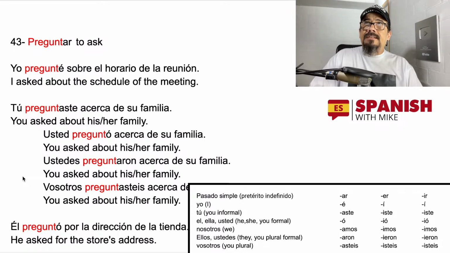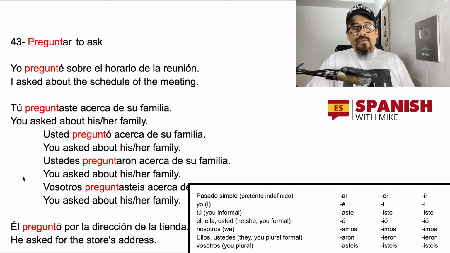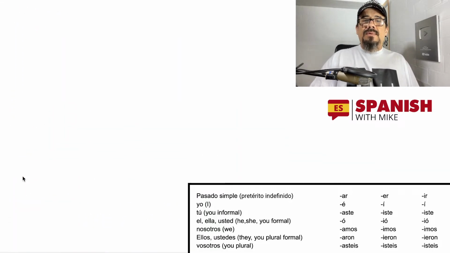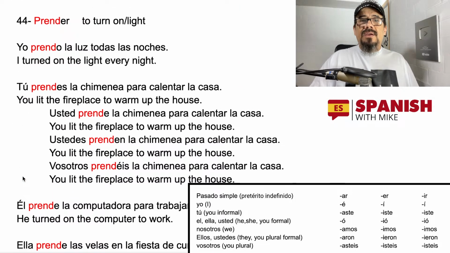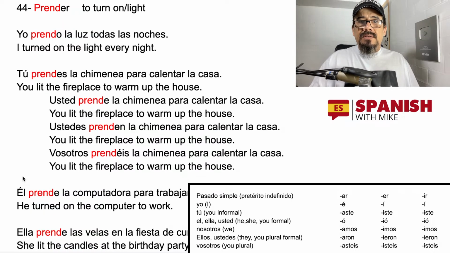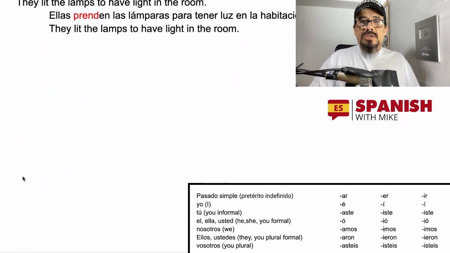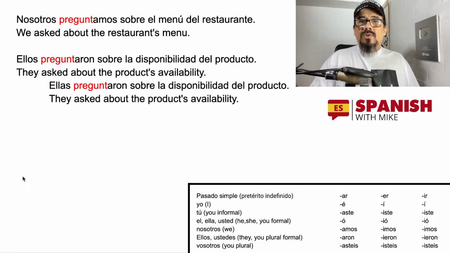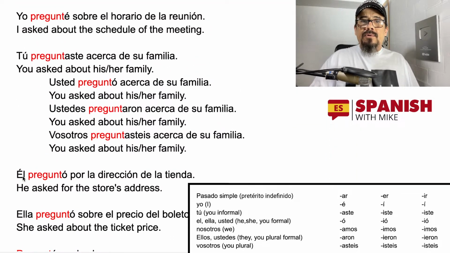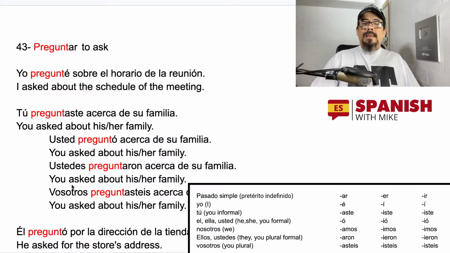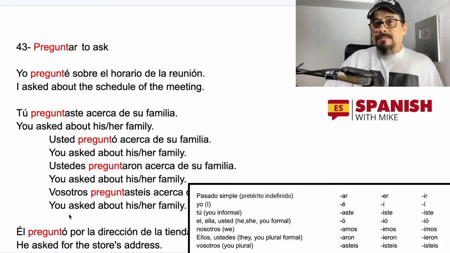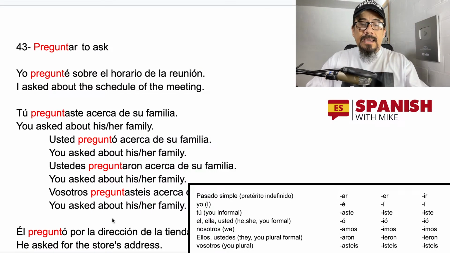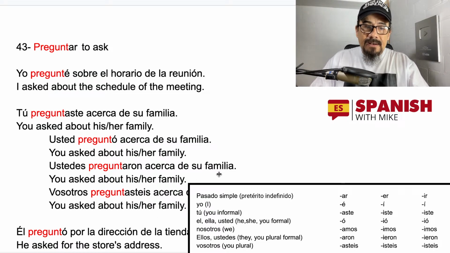This is verb 43. We have 56 verbs, so we still have 13 more verbs to finish, but for some reason, as I explained, I still have here the conjugation in the simple present, and I need to change that to the simple past. So in order to avoid losing time doing this, I'm going to finish that later tonight, and I'll try to do that in the next live class.